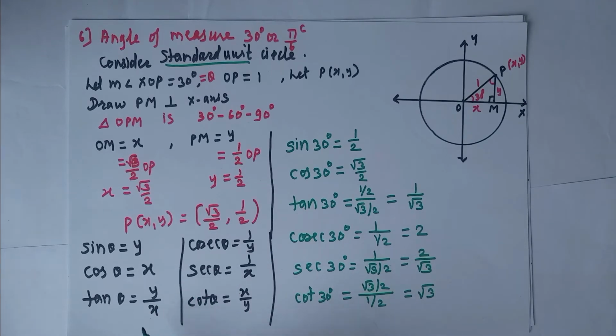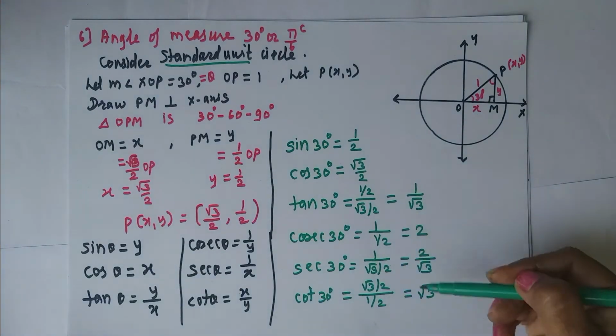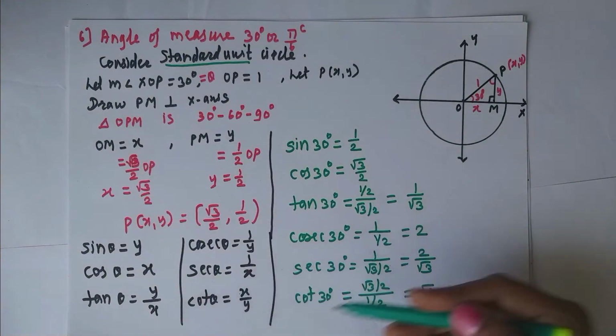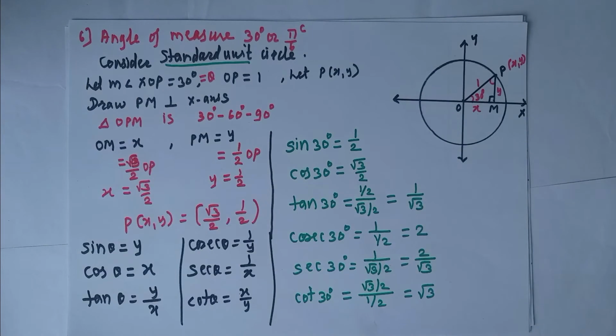These functions are independent of the radius of the circle. And if we consider the standard unit circle, that is radius 1, then it is very easy to find the value of x and y. You find the value of x and y and put those values in the 6 trigonometric functions, we will get values of sine 30, cos 30, tan 30 and the remaining trigonometric functions. Okay student, isn't it easy? If your previous basic concepts are clear, then it is very easy to find trigonometric functions.